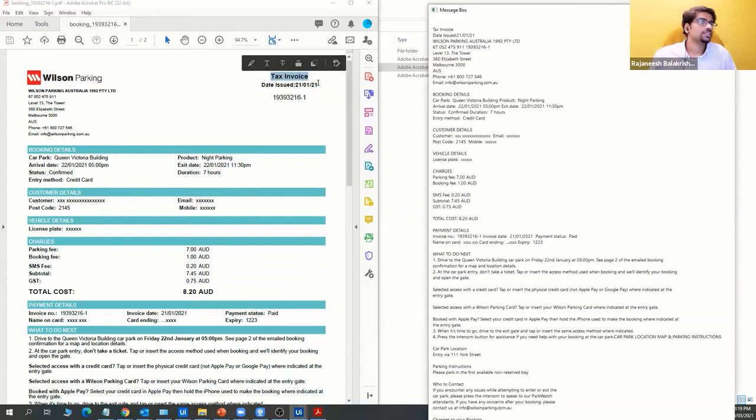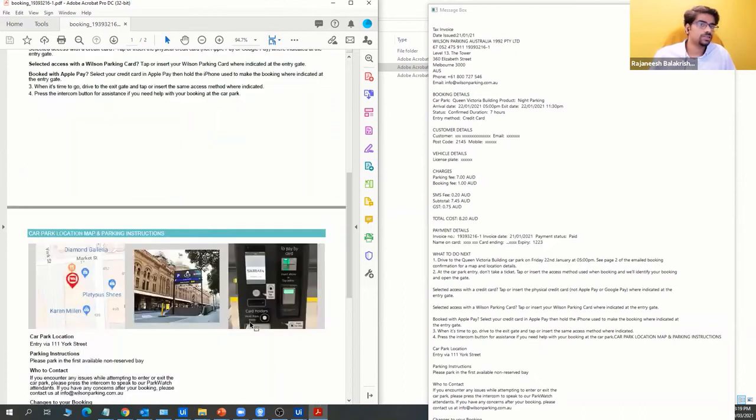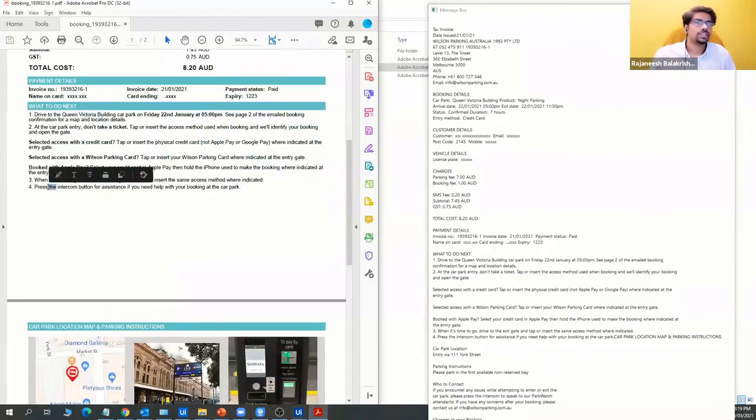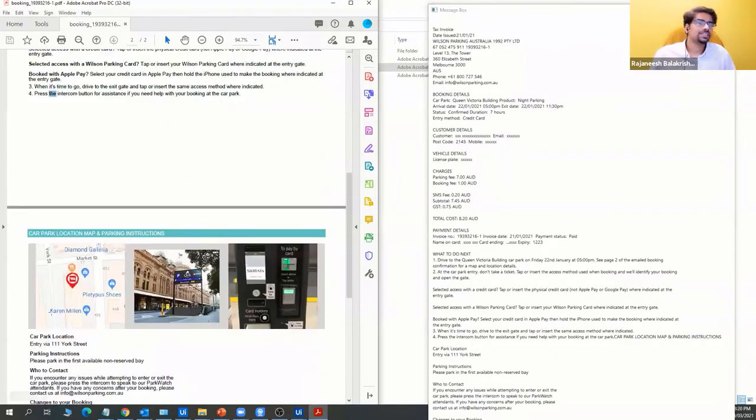The second is the tax issued, and the third is Wilson Parking Australia, right? If you see, this image is not captured. And down here is the car park location, and here is the car park location. Before the car park location, it is number 4, which is press the intercom. So it is here, the press the intercom. This image is not captured.